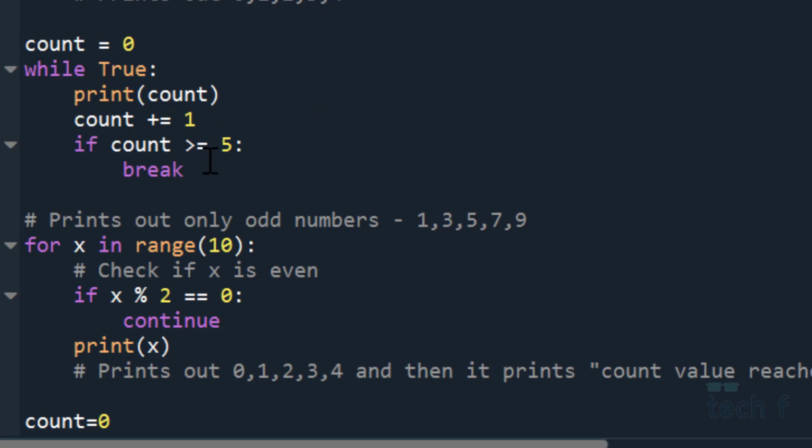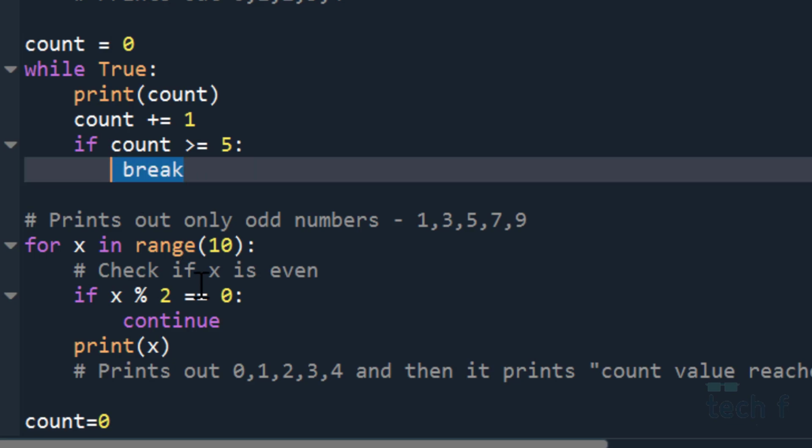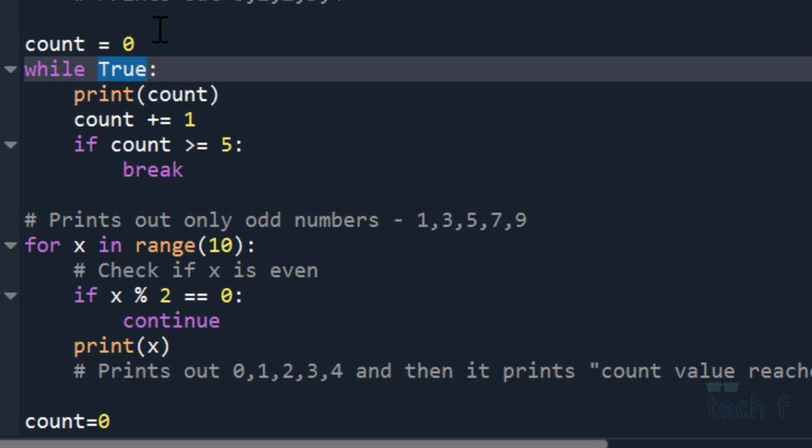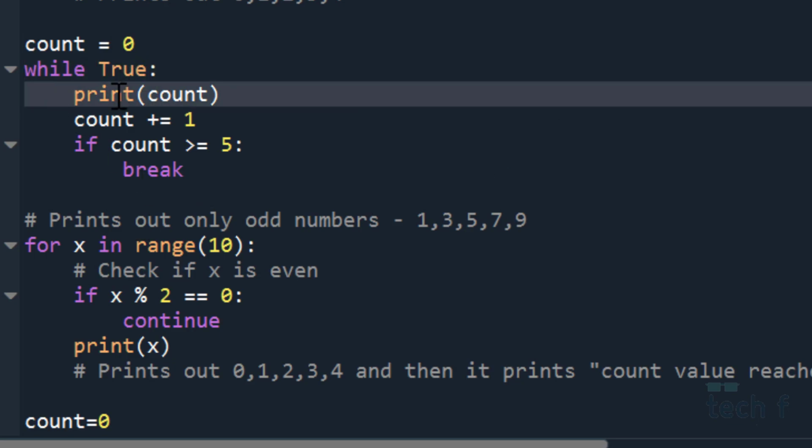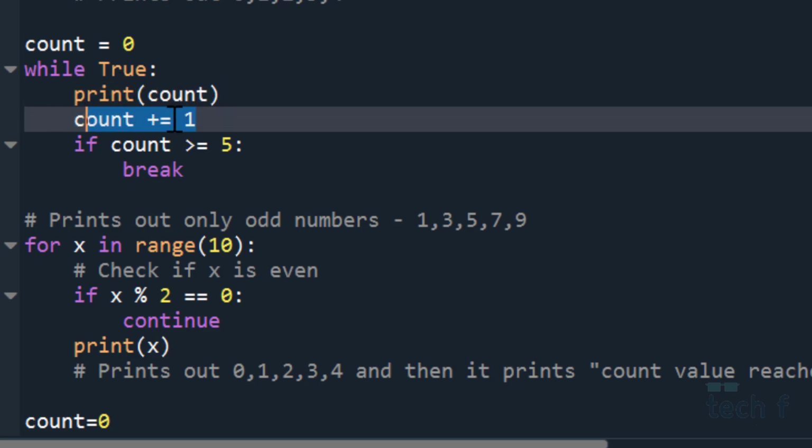And one of the interesting commands which we have is the break statement. So what it does is it takes you out of that particular loop. So we are using a while loop over here. While this condition is satisfied, this is true, so it will get inside. While true, print count. So first iteration it will print 0, then it's a counter, so that's why count plus